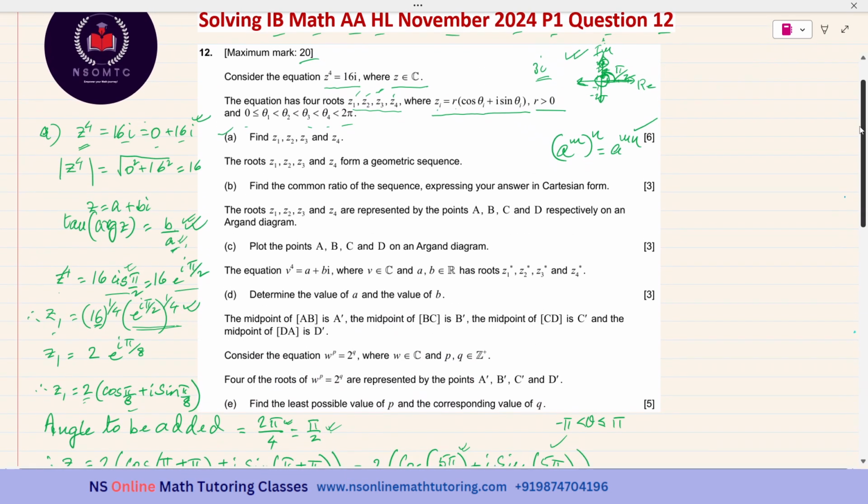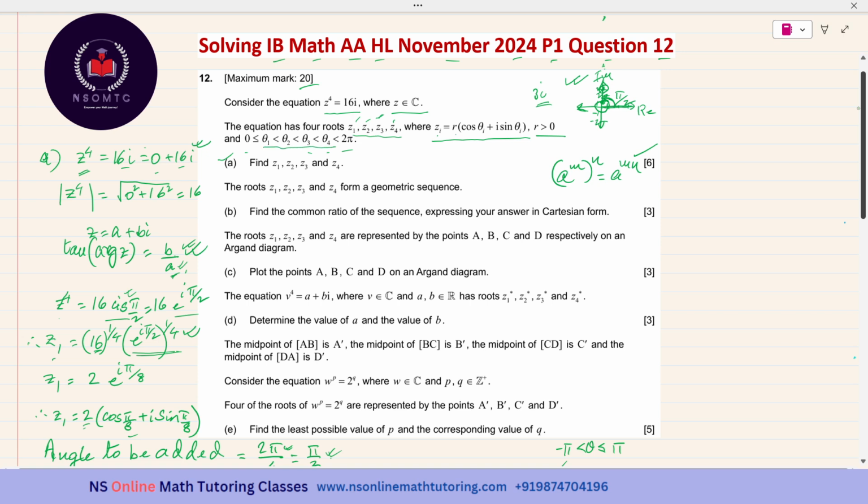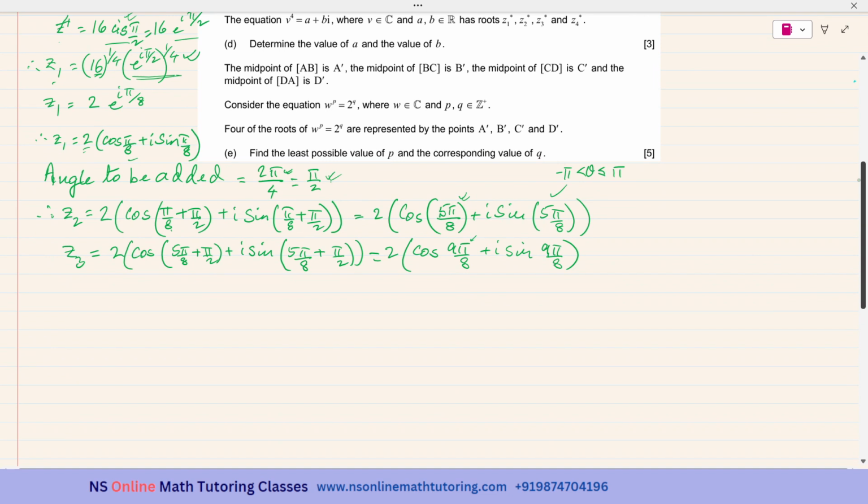It is true. But over here you see the question, the angles are between 0 and 2 pi. So all the angles have to be expressed as positive angles. Therefore, I have written 9 pi over 8. And also the fourth root I will be writing with the positive angle. And then it is cos of 9 pi over 8 plus pi over 2, plus I sine of 9 pi over 8 plus pi over 2,